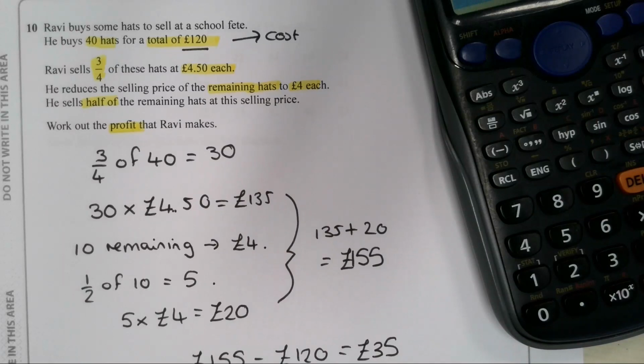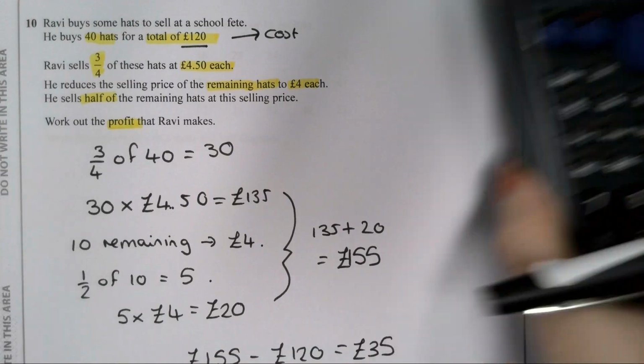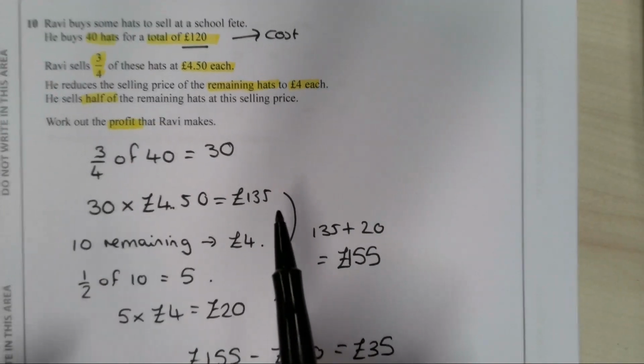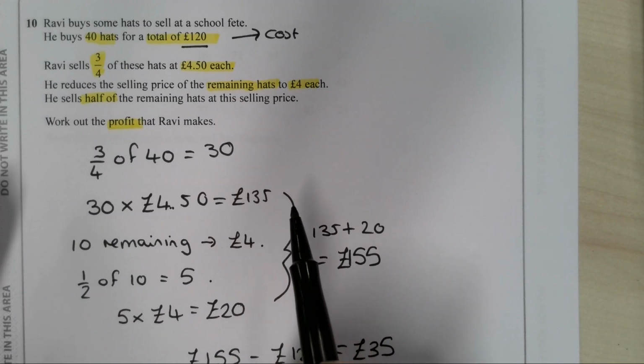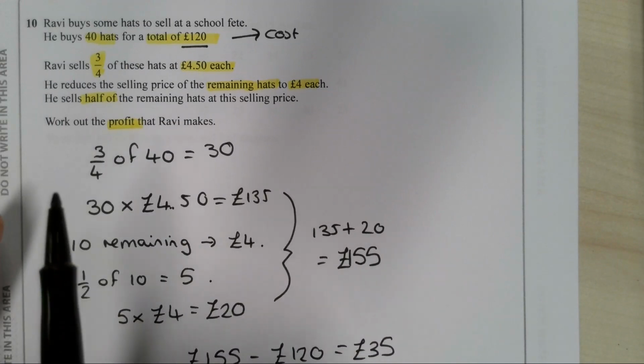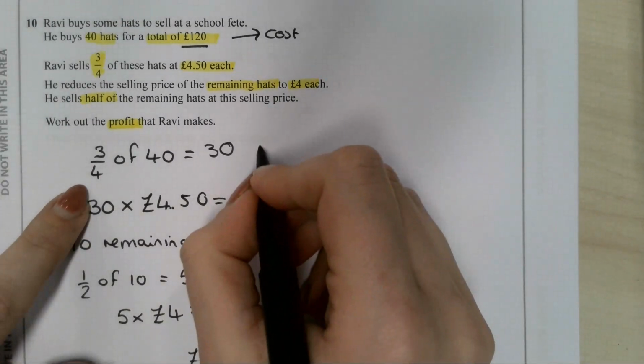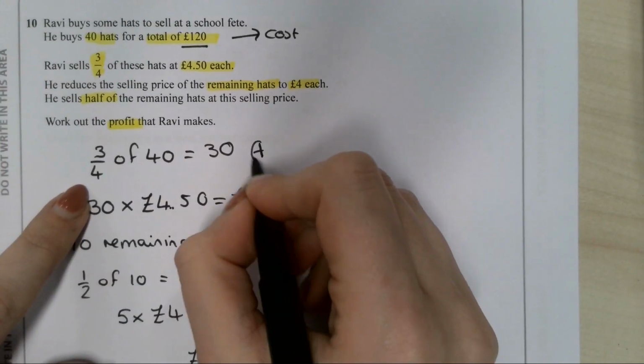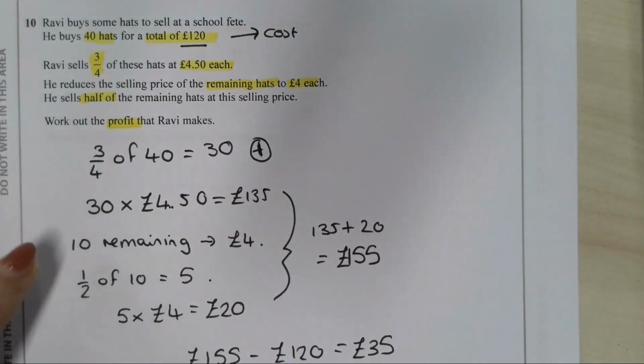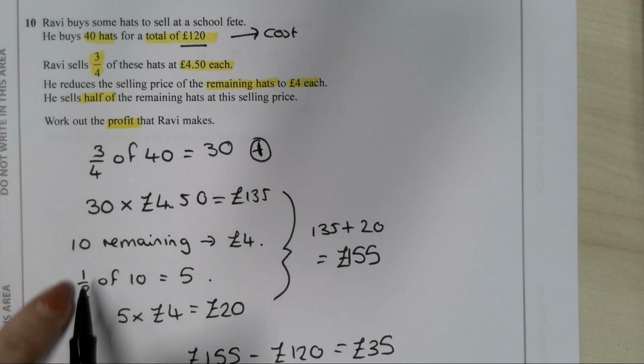So don't forget to write that at the bottom, £35, and that is 5 marks. So 1 mark for your process of 40 divided by 4 times by 3, so finding 3/4. That is 1 mark for finding your 3/4. Another mark for working out there are 10 remaining, half of that is 5,